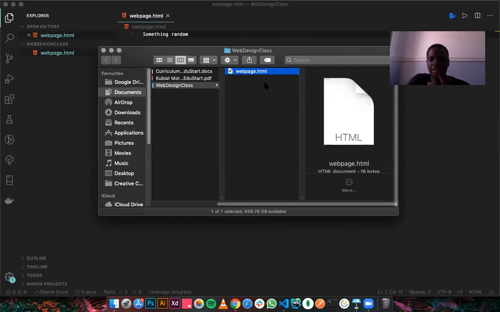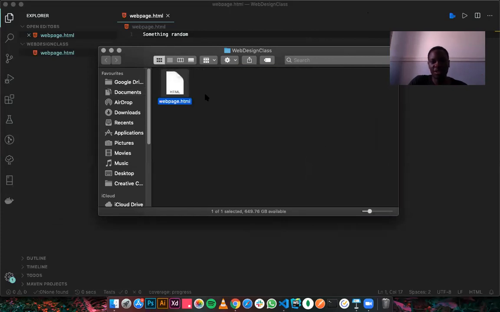Okay, good. Now, this is that web page I just created. If you look closely, you see it has the extension .html. If you have your notepad and you've already created this and saved it as .html, navigate to where you saved that file. You will notice that the icon of your default browser is going to show up on it. Mine is not showing now because I've not set my default browser to open HTML files. But on a Windows system, you're going to notice that the icon of your default browser is already showing on that file.